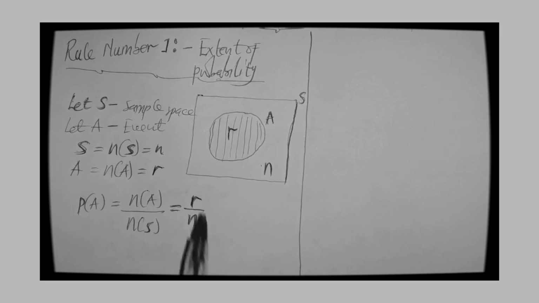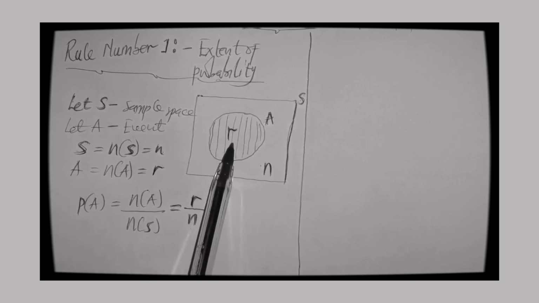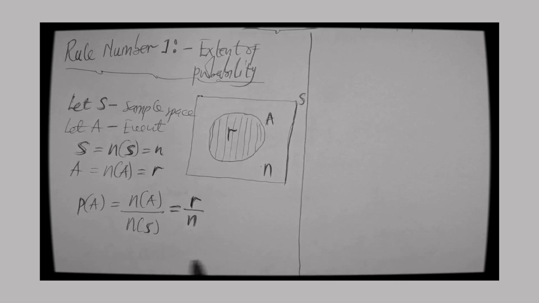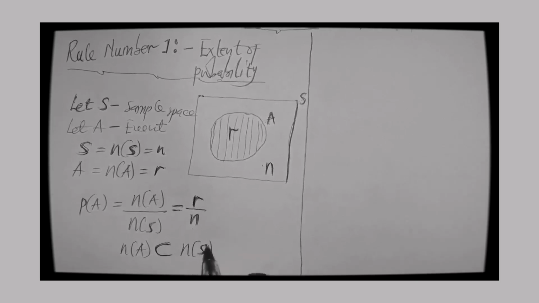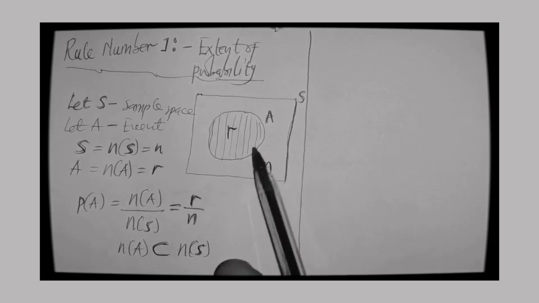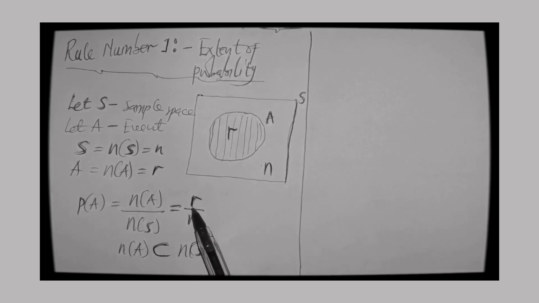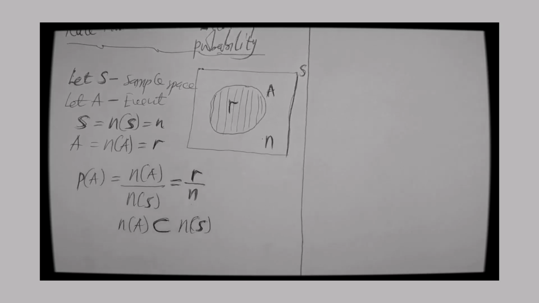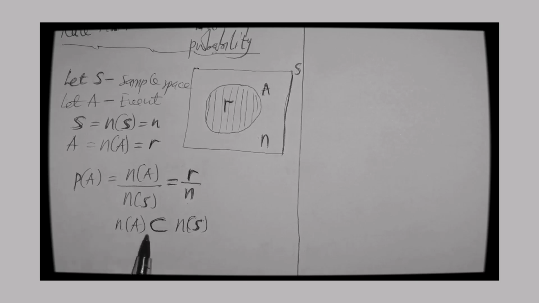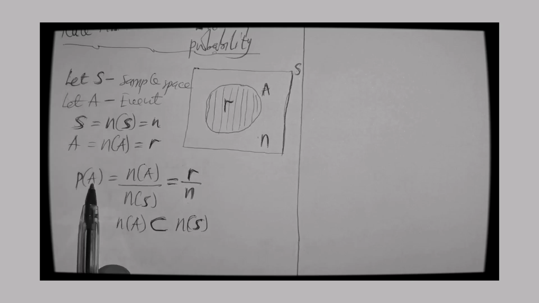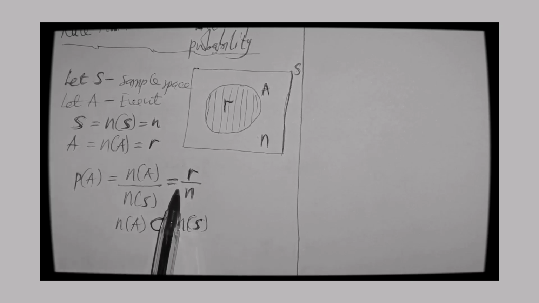But you can see from the diagram that R is a subset of X. So we can make the inference that the number of A is a subset of the number of the sample space, X. You can see in the diagram that the event occurs out of the sample. Since A is a subset of X, then it is certain that the probability of the event occurring is going to be